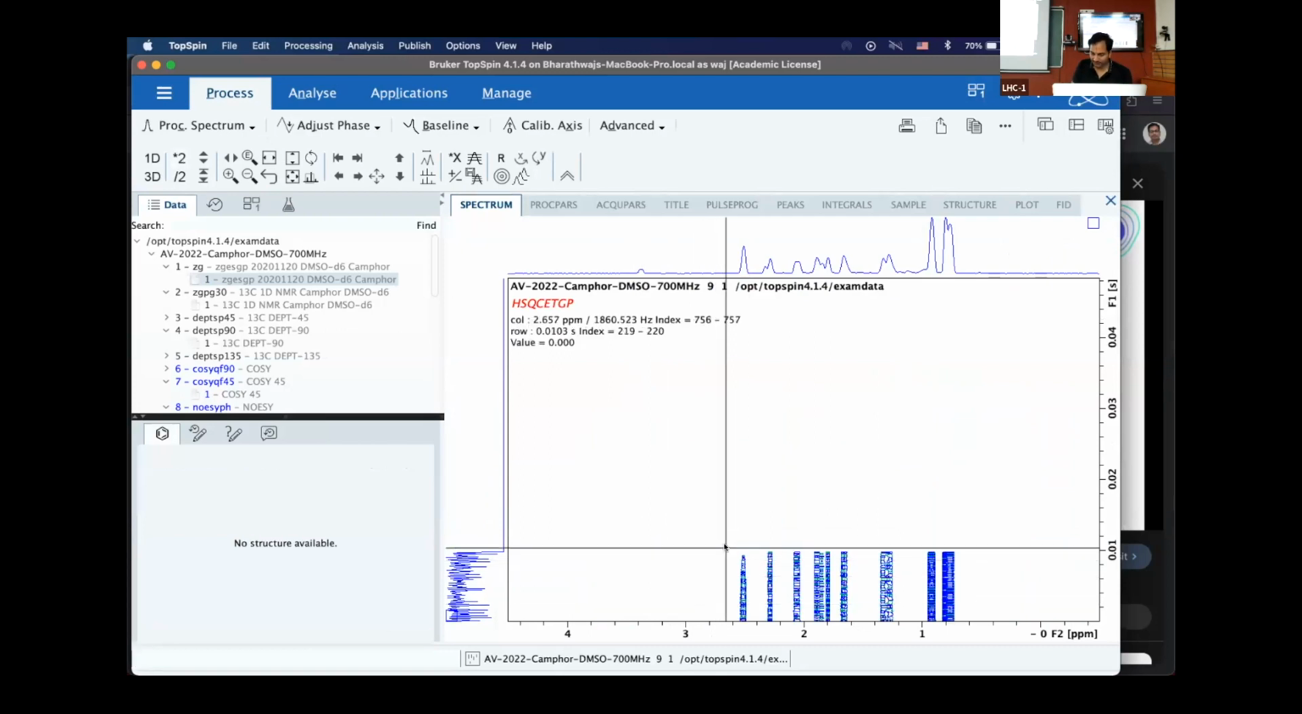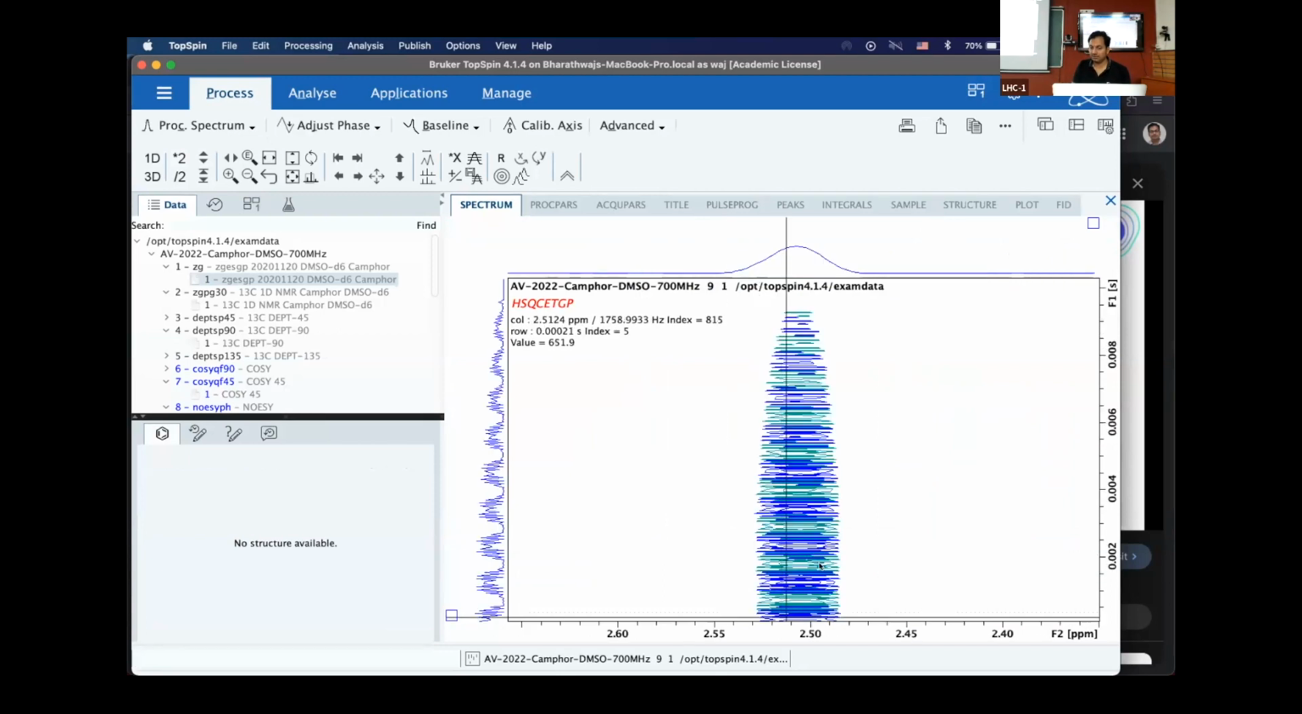Okay. Let me pick this one to show you the interferogram. I'm just picking one example. Index 817. I'm picking the column now. I'm just going to that chemical shift. If I keep my mouse here, on the top, you see there is an index 818. You see one of the numbers, it says column 2.505 ppm,